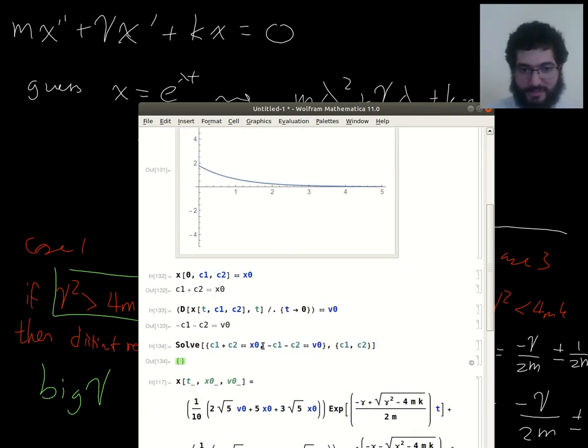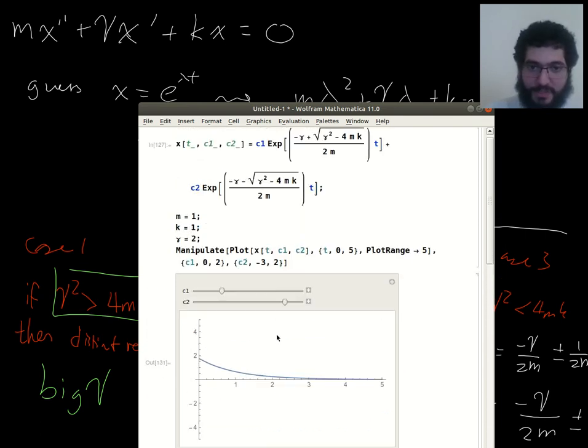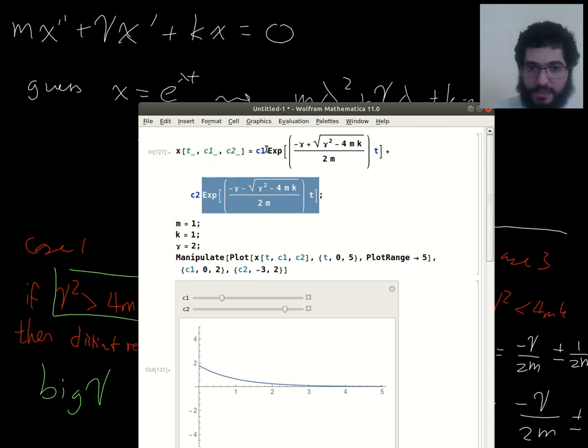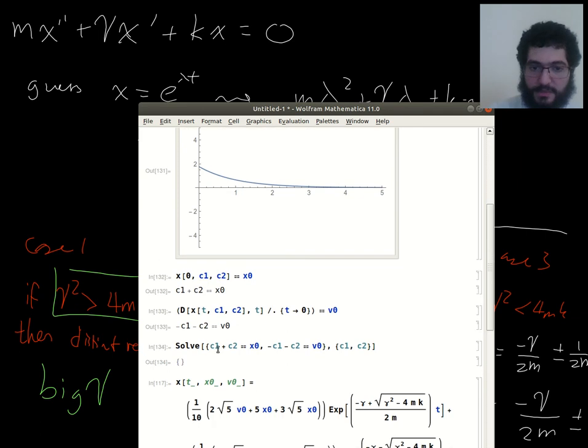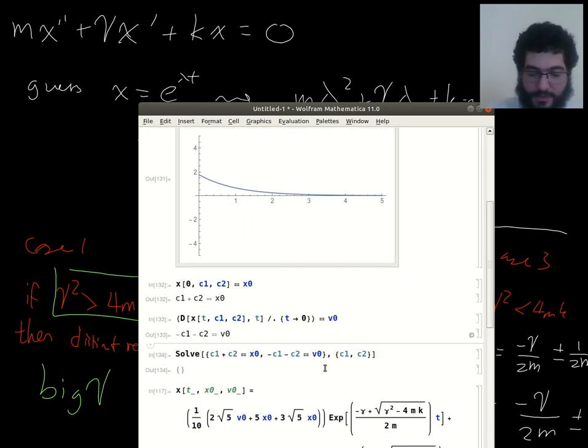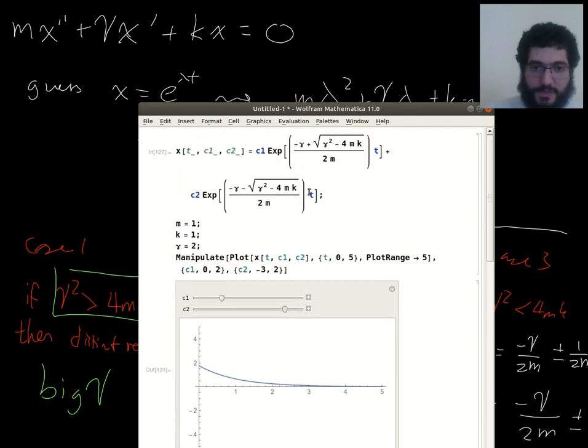This is actually a pretty good lesson here. This is what happens when you do not use linearly independent functions. So when I set gamma to be 2, this portion in the square root became 0, right? That's the whole point. And so these are the same function here and here. And so when I went to try to satisfy some initial conditions, I ended up with the same equation. These two equations, so not the same equation, but the left-hand sides here are dependent. Yeah, so there's no solution in general. So that's why we want linearly